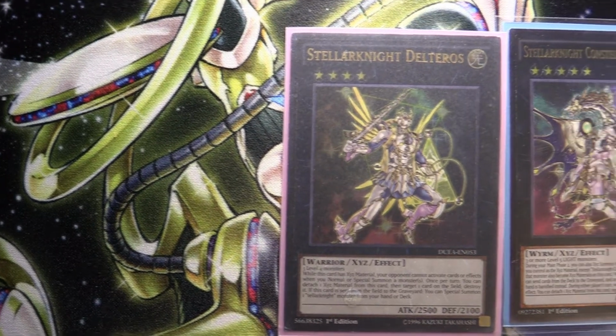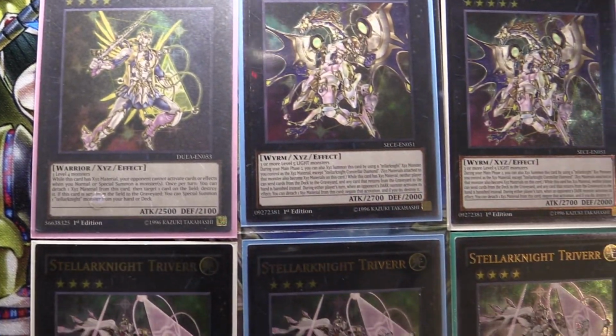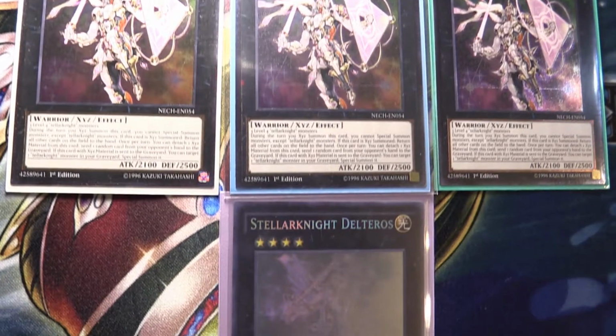Alright, the second deck I want to talk about is Satellar Knight. Satellar Knight is a deck that originally came out back around like 2014, I want to say, in Duelist Alliance format with Shaddolls and Burning Abyss, and you know, Qliphort and Yang Zing and all that stuff. So all those decks were in the meta at that time. Since then, most of the other decks have gotten support. Shaddolls got the structure deck, Burning Abyss got Cherubini, and you know, a lot of cards go well with Burning Abyss, like Phantom Knights for example. But Satellar Knights, they haven't really gotten much. They got Dark Teller Knight, that card. I forget when that was, but it was a long time ago, and Satellar Knights really haven't done anything whatsoever in the meta since